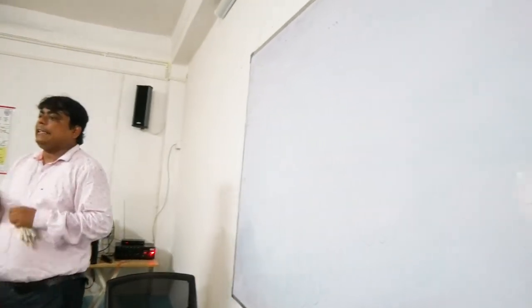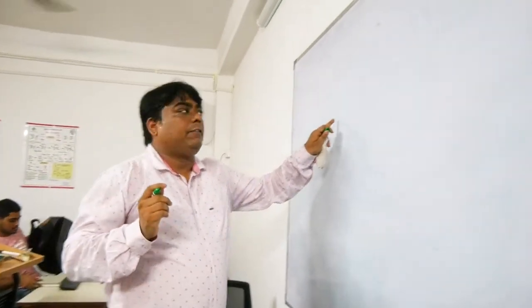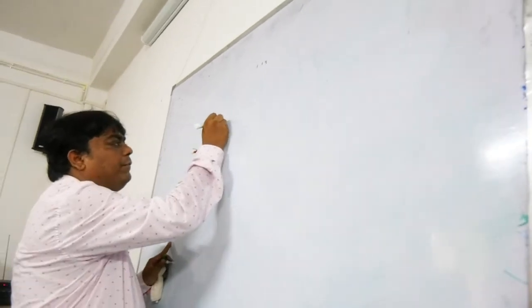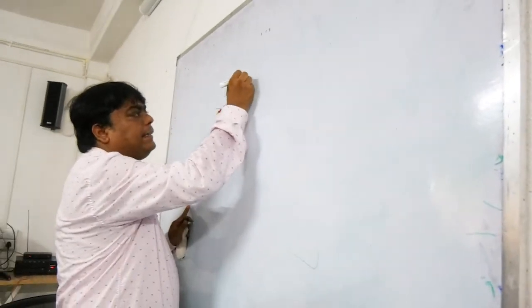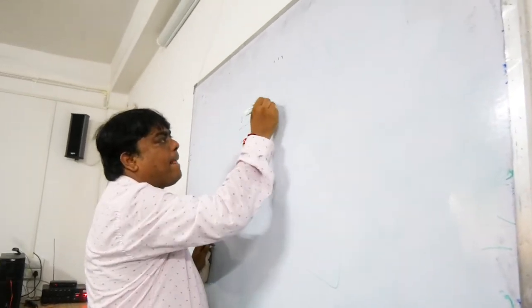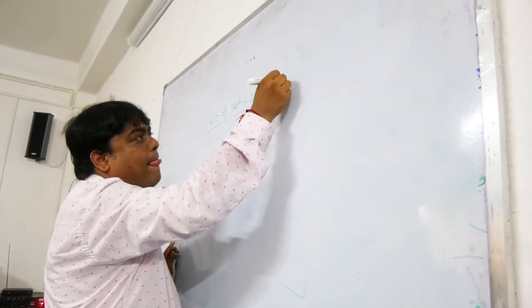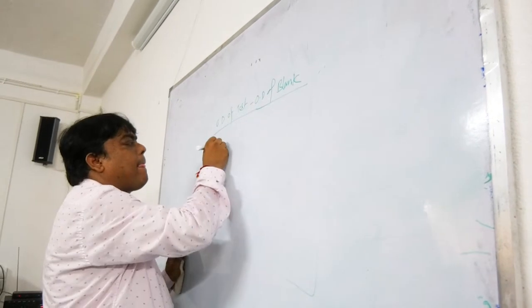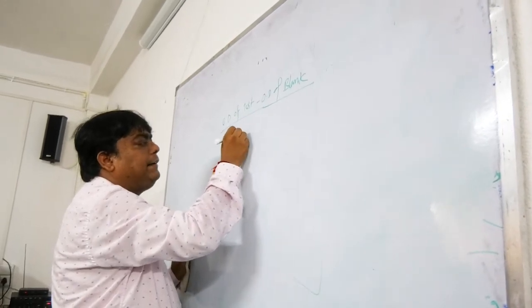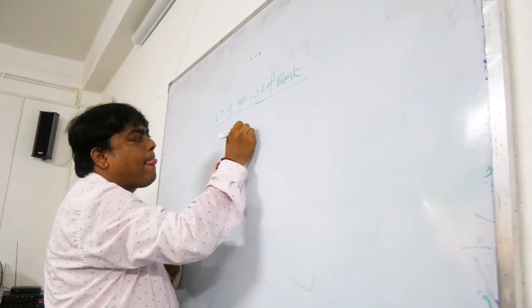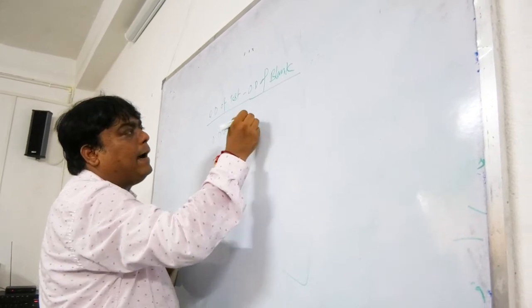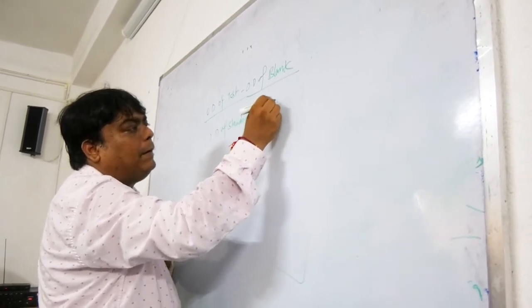Without discussing anything, just see the formula carefully. This is OD of test minus OD of blank, upon OD of standard minus OD of blank,